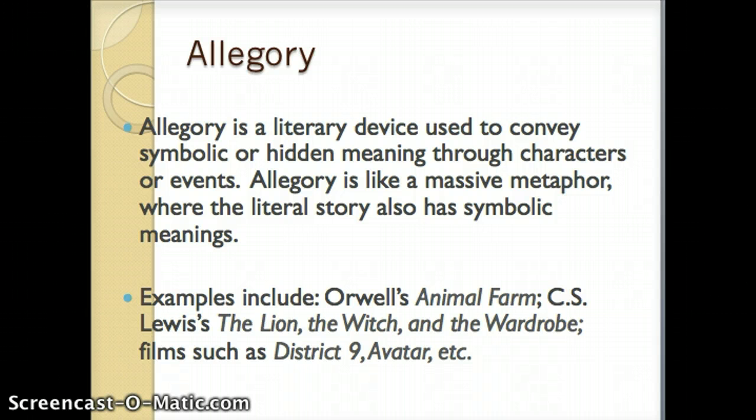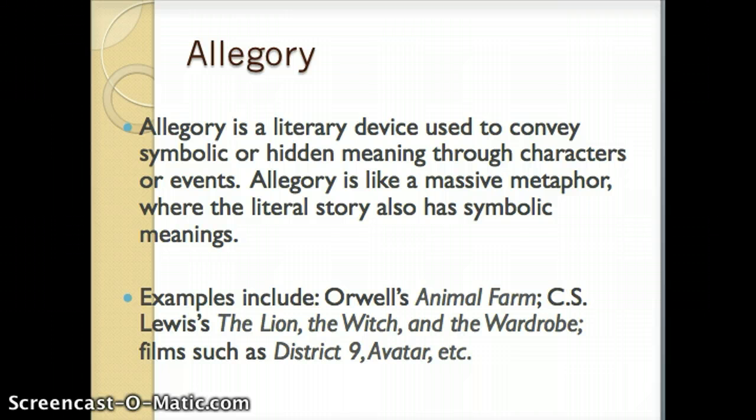Other examples that I have here: The Lion, the Witch, and the Wardrobe. The one that's most prominent in that one would be a religious allegory where you have Aslan, the lion, who sacrifices himself and dies, and then there's this rebirth scene. So that story has often been read as a religious allegory, with Aslan becoming a kind of Jesus figure. And then the last example I have here is that popular science fiction films are a good place to